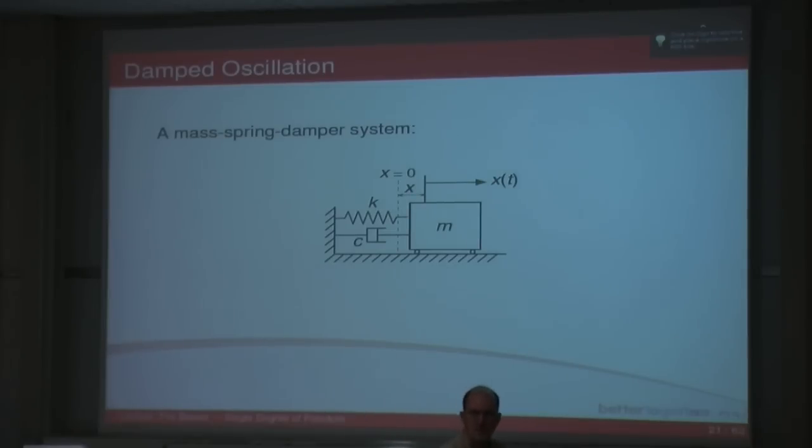Let's look at a mass spring damper system. So this is an identical diagram to previously, okay? Except this time I've not only got a spring, but I've also got a damper, C. So again, I pull the mass back a distance of x, I let go, the thing tries to return to